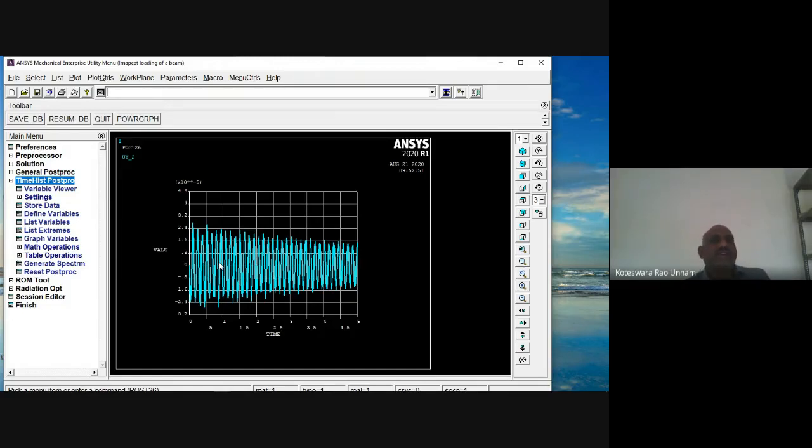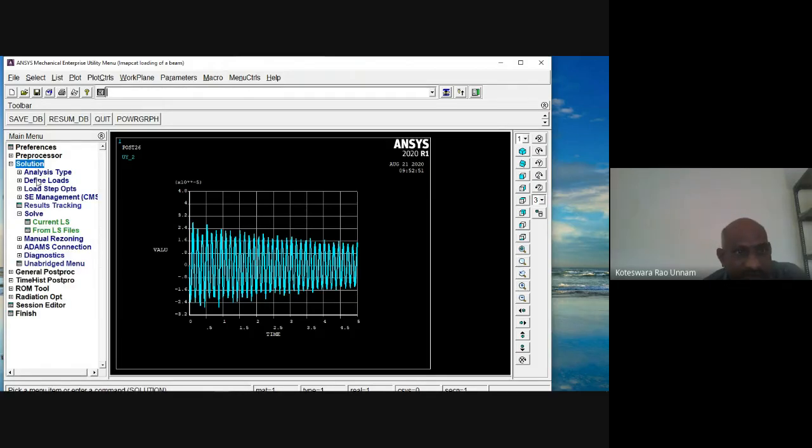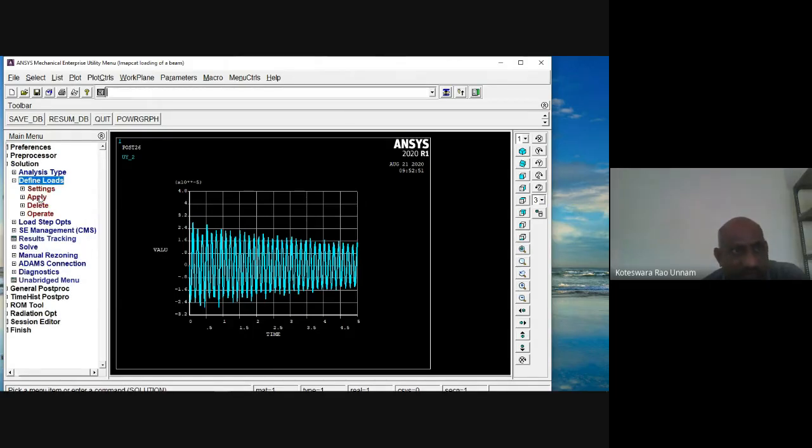So now if I consider the damping, what should the response be? That also I need to see. For that, I will finish this, or else I'll save this, then finish it. Then again, we need to define the damping for the 3 load steps. We are carrying out the analysis in 3 load steps, so you need to define the damping for all 3 load steps so that you can get the damped solution for all 3 steps. For that, again, you need to go for define loads, then apply.